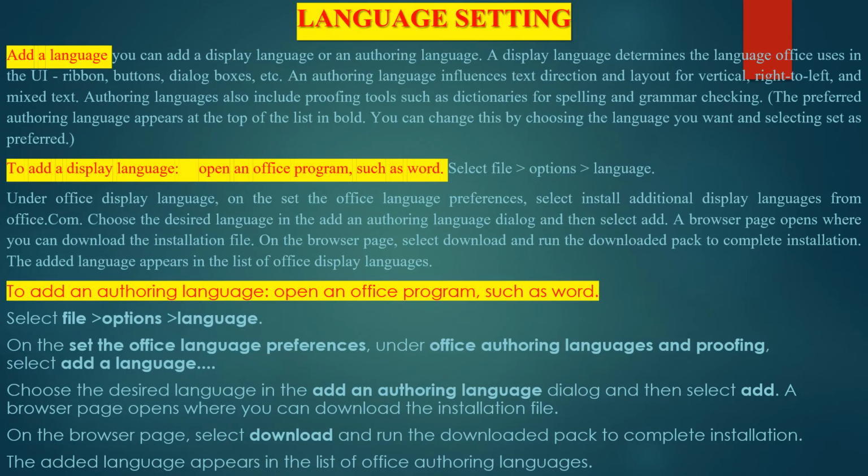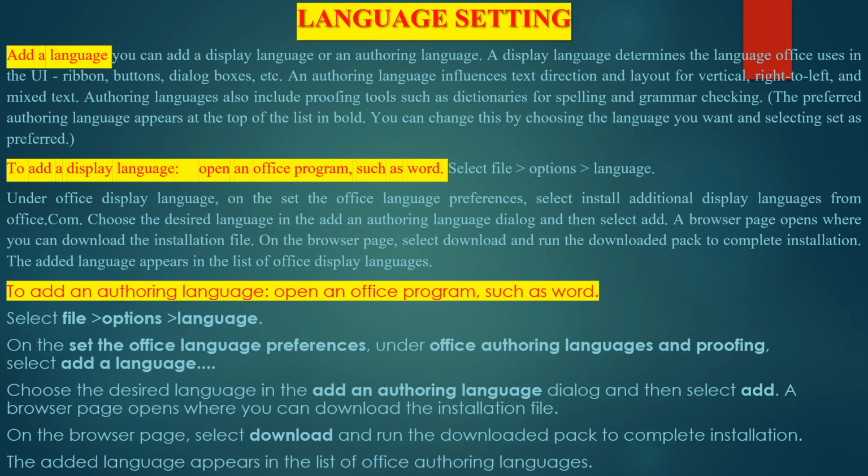Language settings. Add language. You can add a display language or an authoring language. A display language determines the language Office uses in the UI ribbon, buttons, dialog boxes, etc. An authoring language influences the text direction and layout for vertical, right-to-left, and left-to-right mixed text.